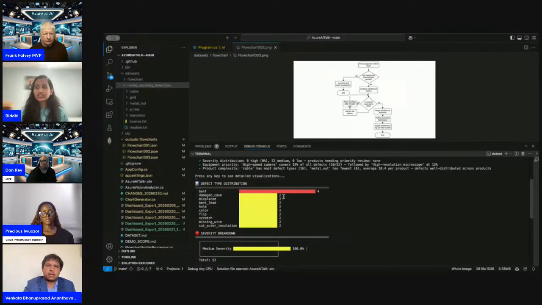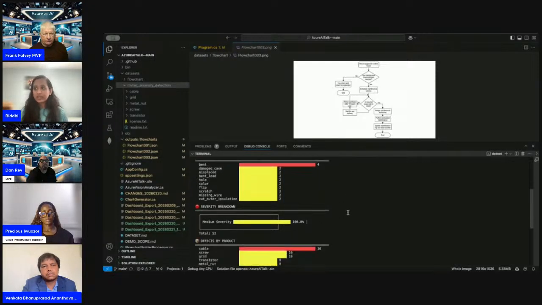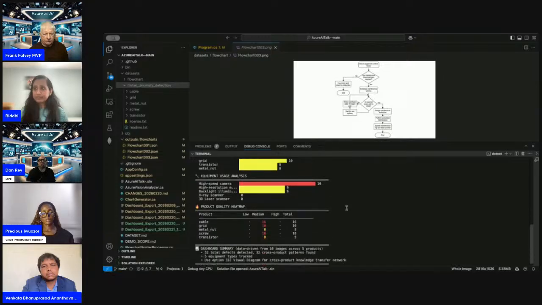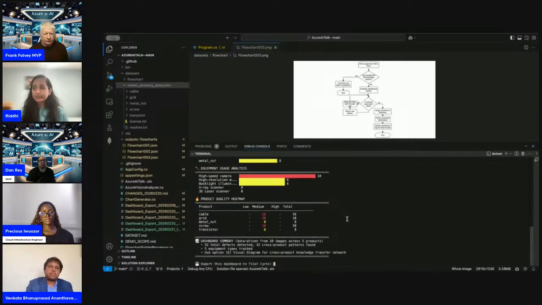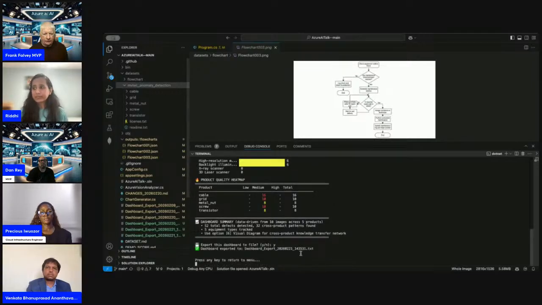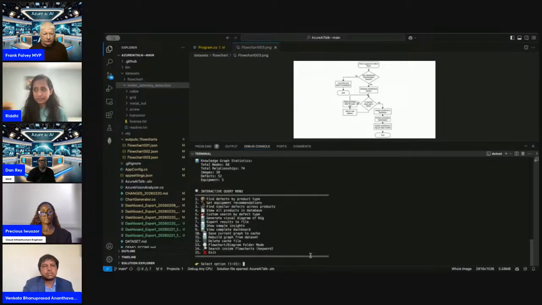And then these are just the heat maps that I have. Most of the products in the data set are in some form or other bent. None of them are high severity, all of them are medium severity. And if I want to export to the file, I might just say yes. Then this text can be given to whoever the concerned team is.